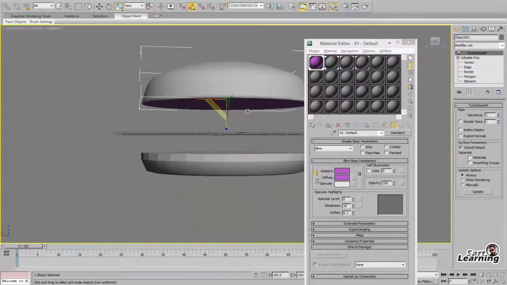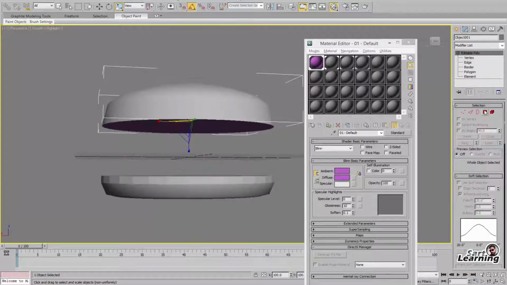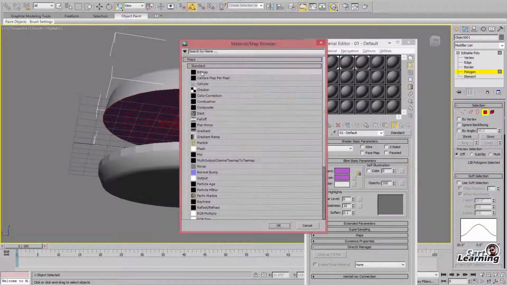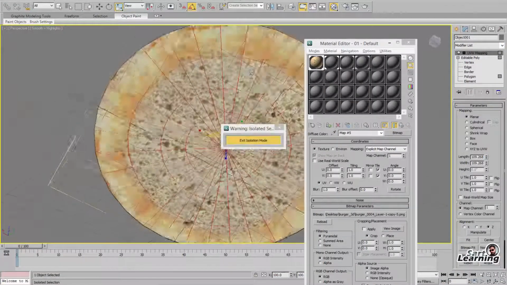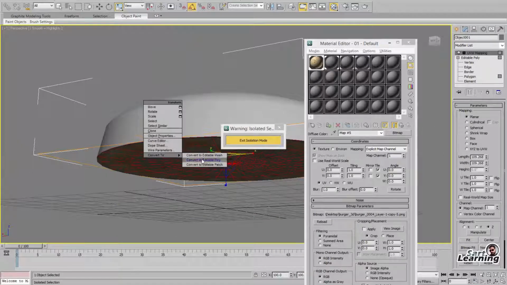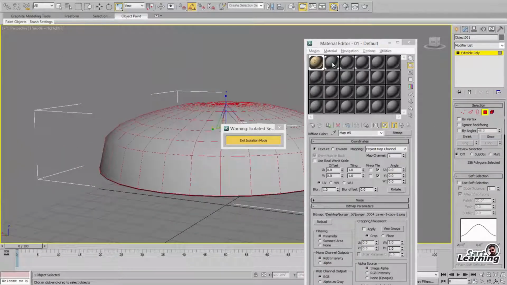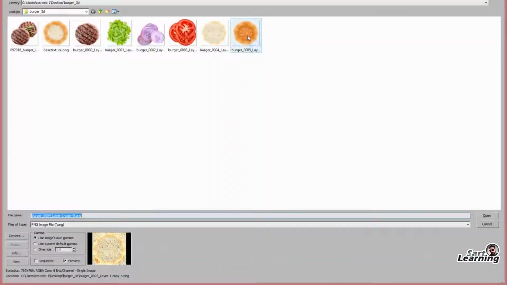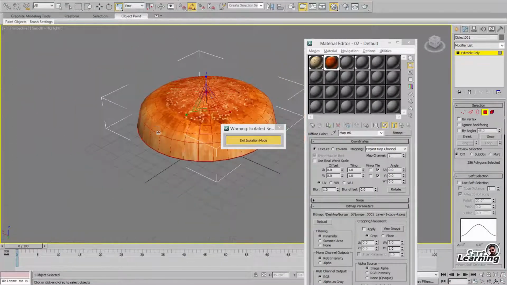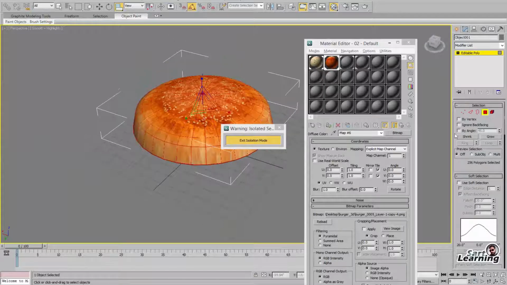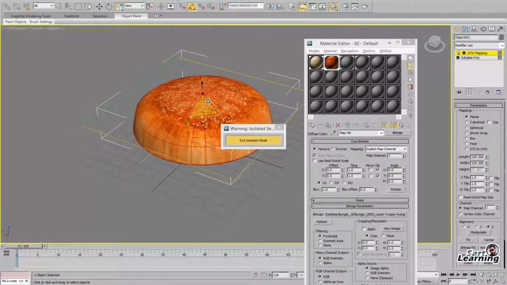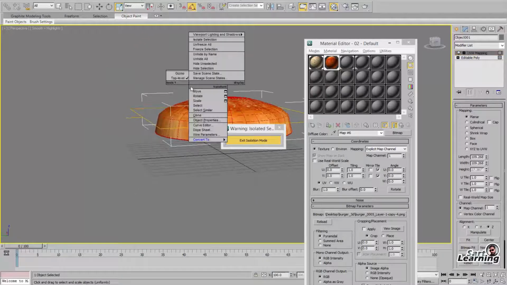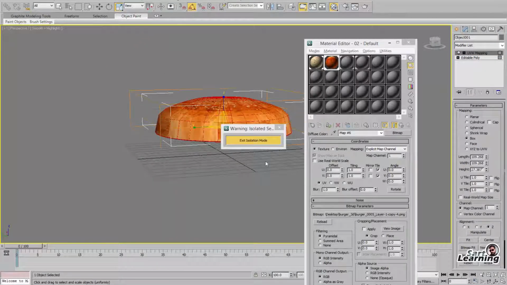and collapse. Now apply a texture for both the images. So select the polygons for the lower single color. So just apply an image and apply a UVW map with a planar map. Same for the bottom and for the upper part. Press Ctrl I, split them, and you can give a UVW map also if you want to adjust the texture. So you can scale with the help of pressing 1 and select the gizmo and scale it. Now my upper burger part is ready.